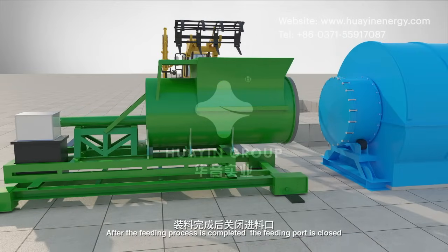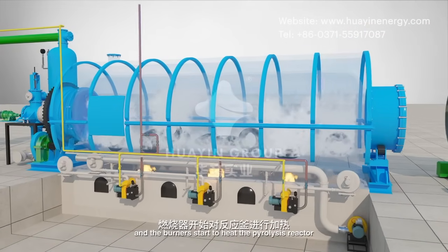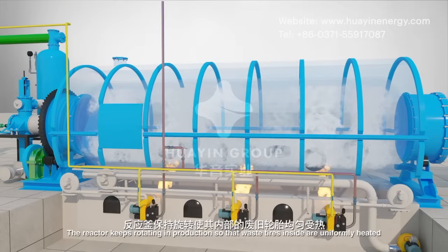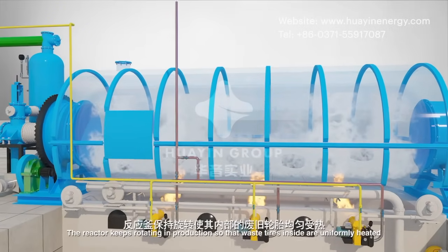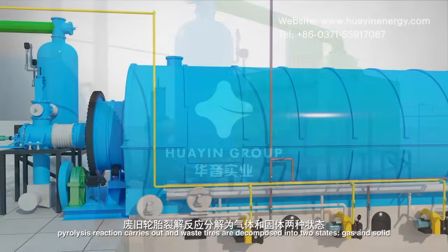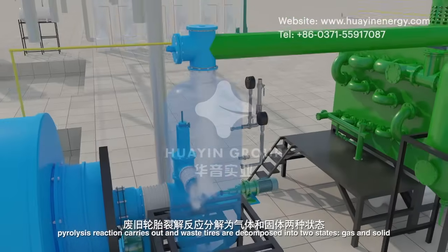After the feeding process is completed, the feeding port is closed and the burners start to heat the pyrolysis reactor. The reactor keeps rotating in production so that waste tires inside are uniformly heated. Under high temperature and oxygen-free conditions, pyrolysis reaction carries out and waste tires are decomposed into 2 states, gas and